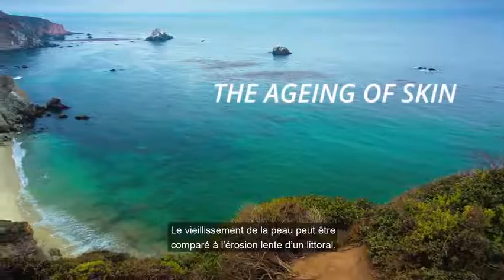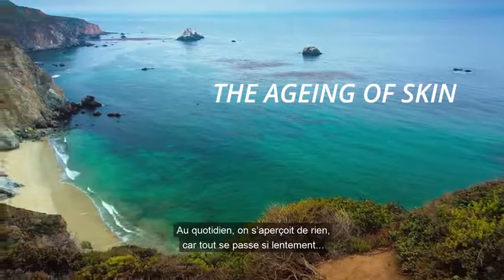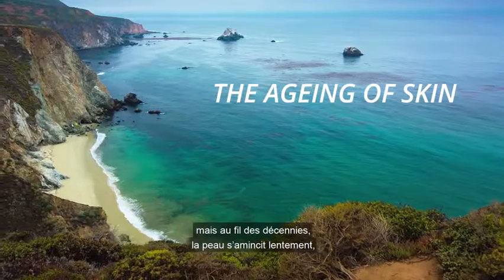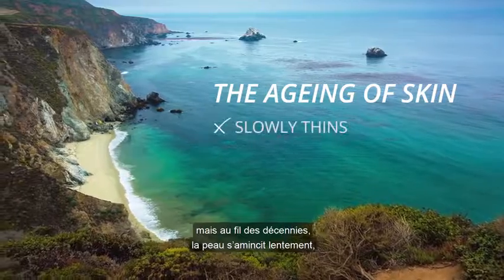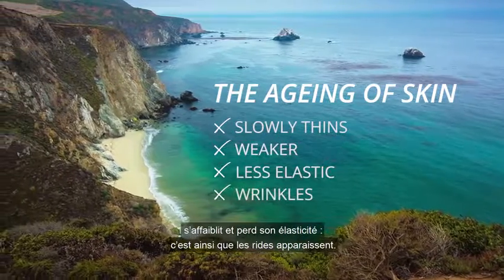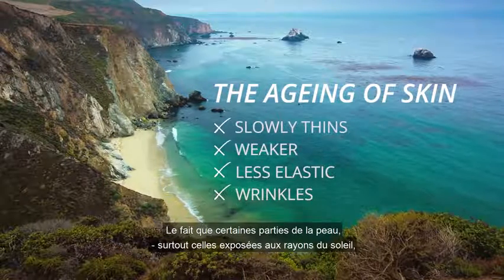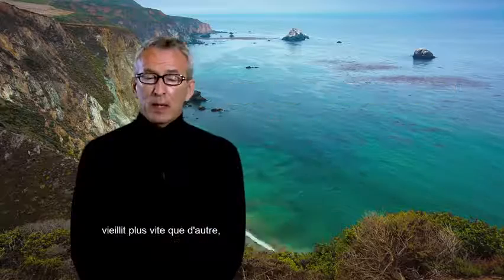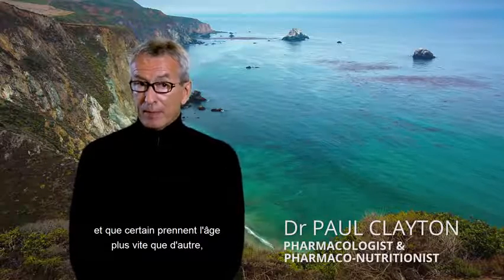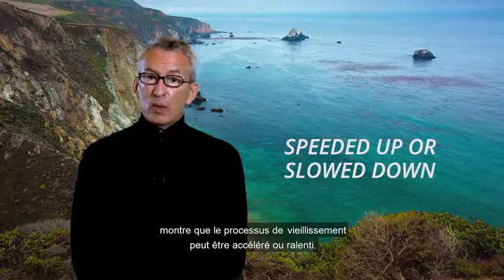Aging of skin is very like the slow erosion of a coastline. You can't see it happening from day to day because it is so very slow. But over the decades, the skin slowly thins, it becomes weaker and less elastic, and wrinkles form. The fact that some parts of the skin, usually those areas that are exposed to sunlight, age faster than others, and some people age visibly more rapidly than others, tells us that the aging process can be speeded up or